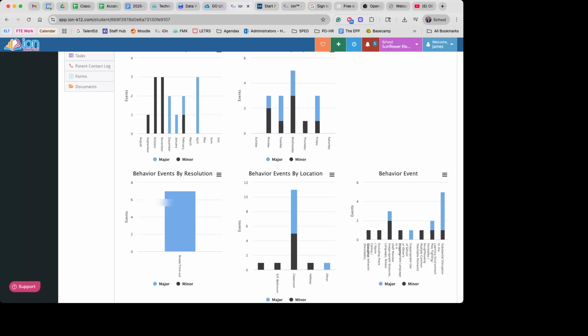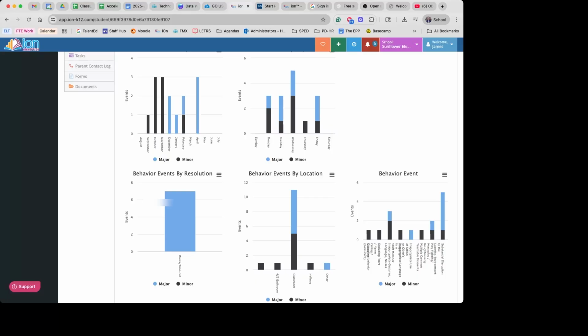So this is really important, teachers, as you are inputting behaviors into PowerSchool. So when a behavior event occurs, we want to make sure more than ever that we're entering in as much information as possible, because we now have a way to interpret that data in a really easy way inside of iOn. So if we start recording those locations a little bit more accurately, our administrators can start looking at it and say, you know, we had a lot of events outside the bathroom. So maybe we need to revisit